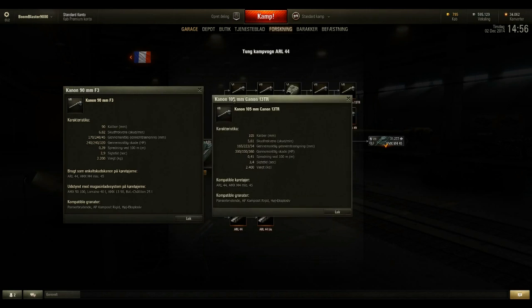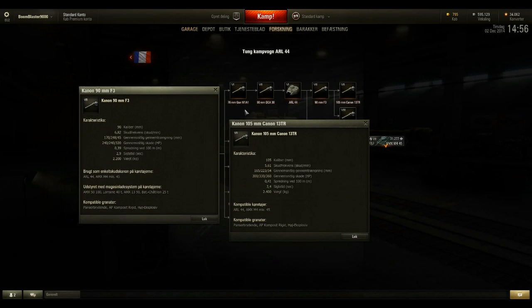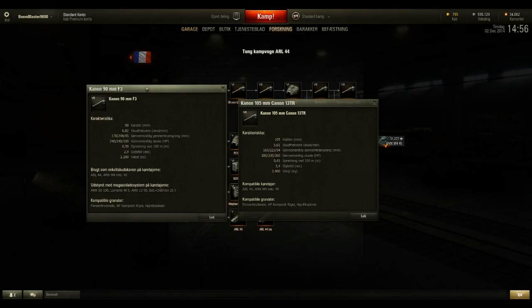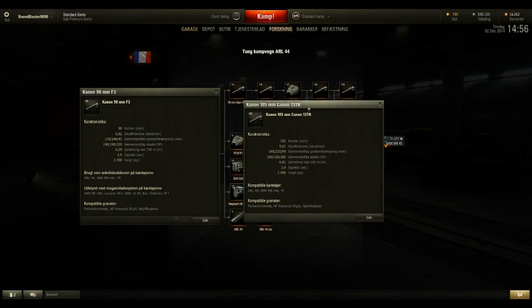DPM wise, this is the better gun. In aiming time wise, this is the better gun. And it pretty much comes down to what you prefer. I prefer the 105 now, but you might like the lower alpha damage and better reload. I couldn't tell you that, but